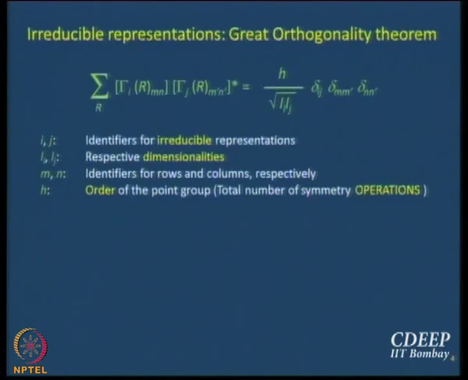But if i is not equal to j, then what happens to the right hand side? It becomes 0 no matter what the others are. If m is not equal to m dash, if n is not equal to n dash, the right hand side just becomes 0. Let me call this quantity A and this B, to avoid the complication of saying gamma i mn all the time. So this is A and this is B star. Doesn't that mean that A and B form a set of orthonormal vectors? That is a condition for orthonormality, isn't it? Any other question?